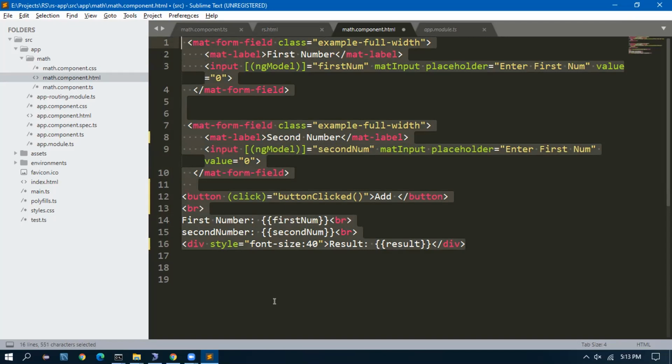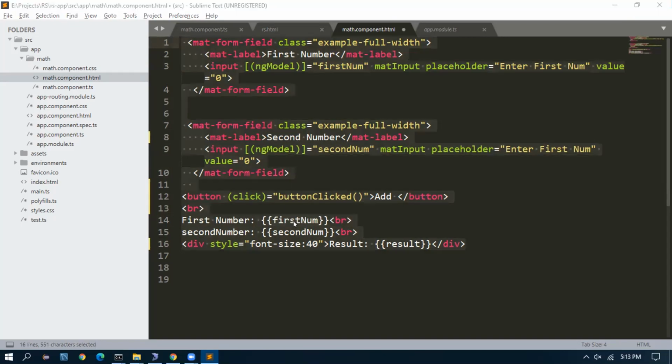I have sent the entire HTML code in the chat, so you can use that as a help.